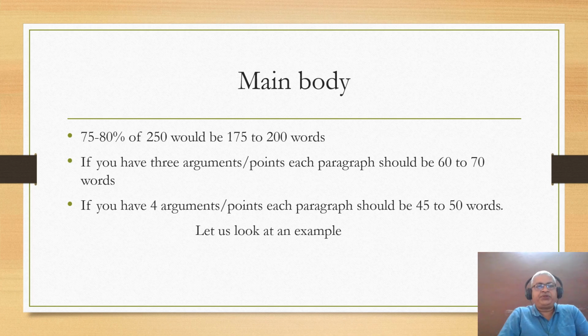So the main body is 75 to 80%. That would be around 175 to 200 words. So if you've got three arguments or three points, then each paragraph should be 60 to 70 words. So if you've got four arguments or points that you want to make during the writing of the essay, then each paragraph should be around 45 to 50 words. So let's